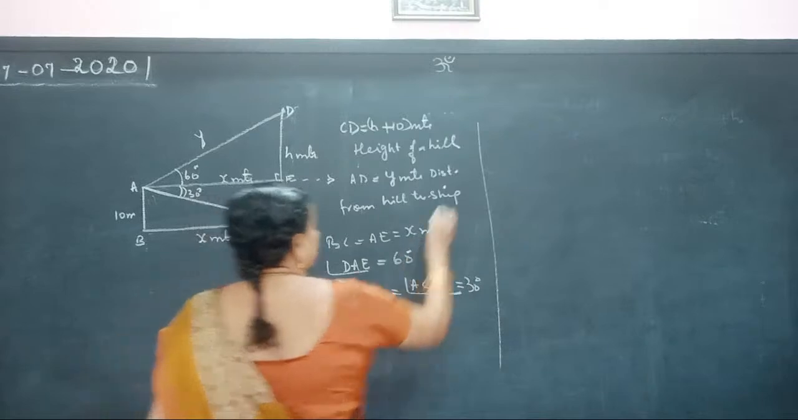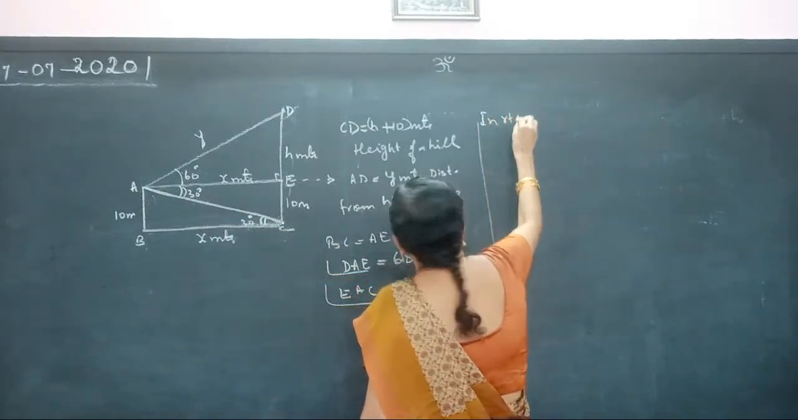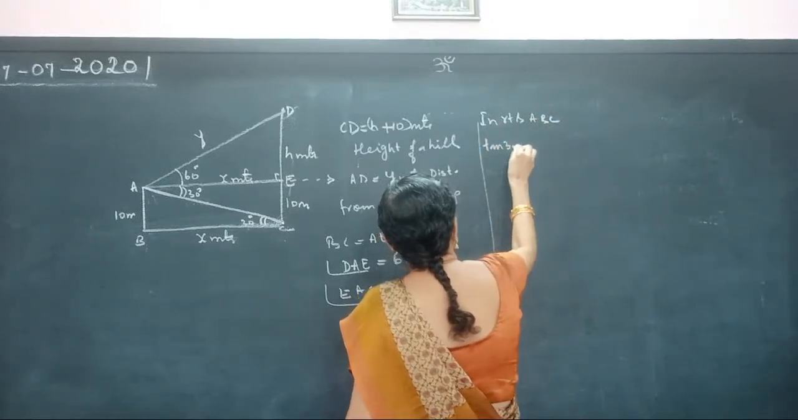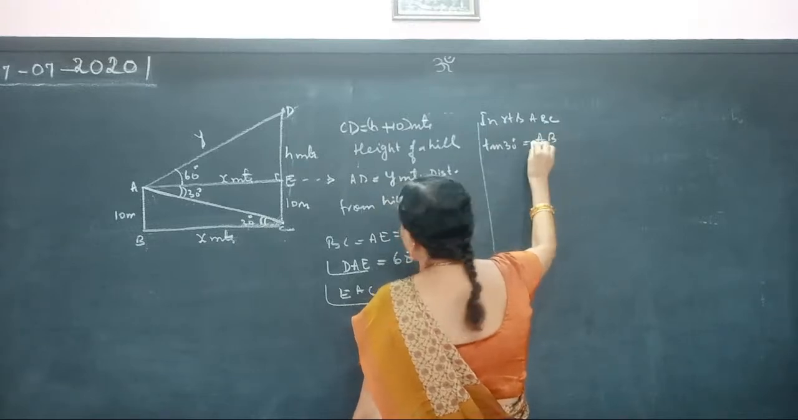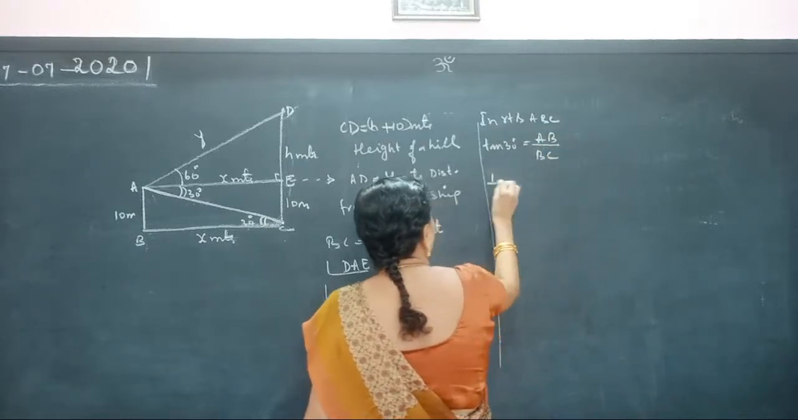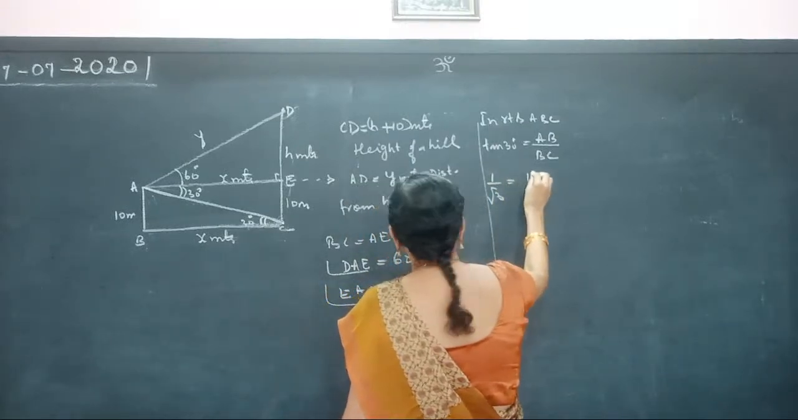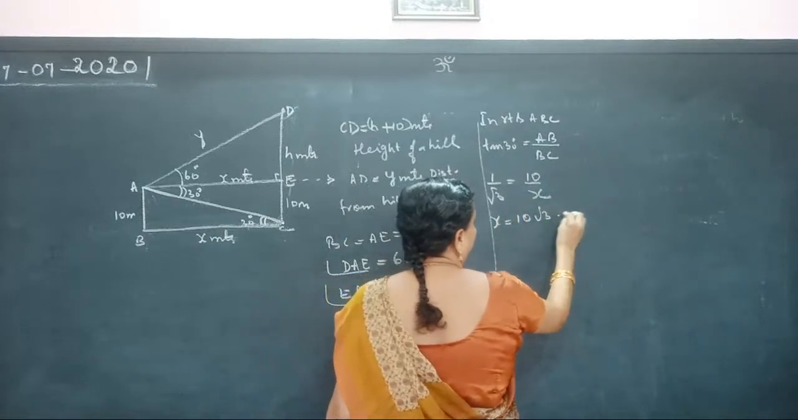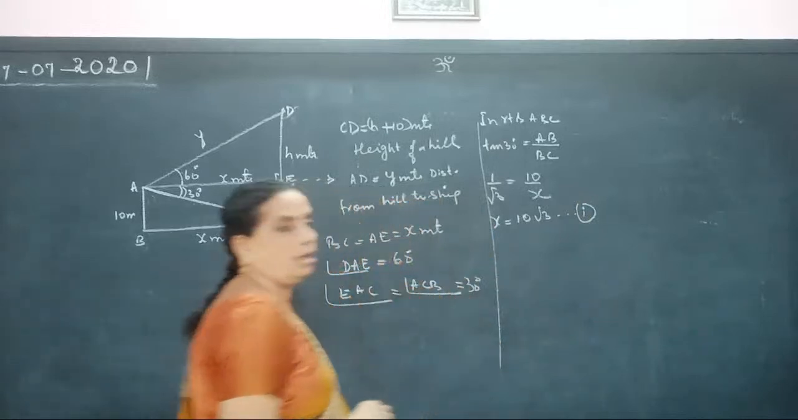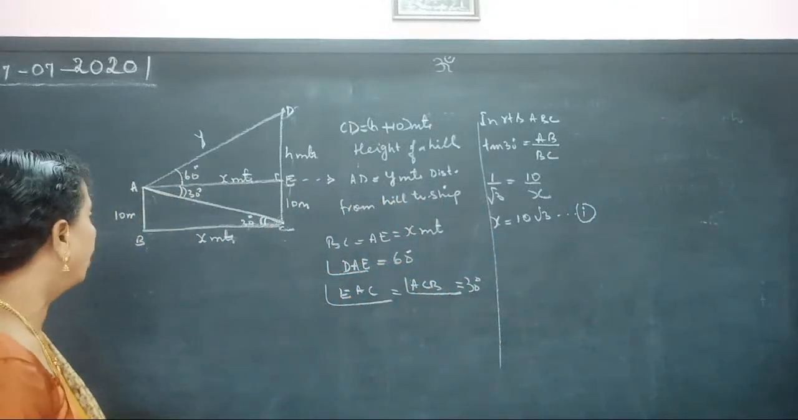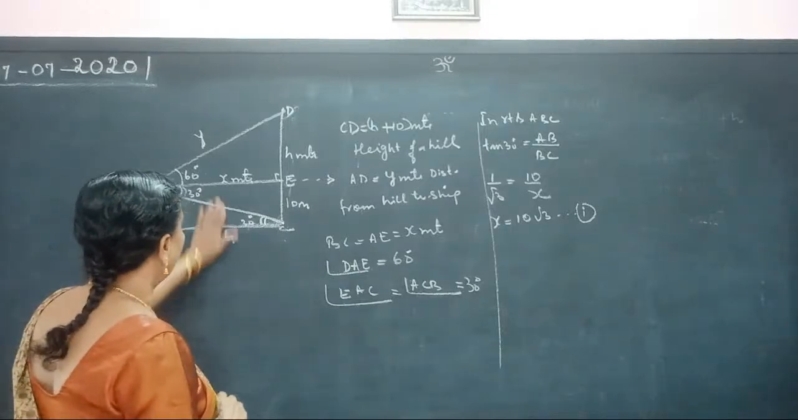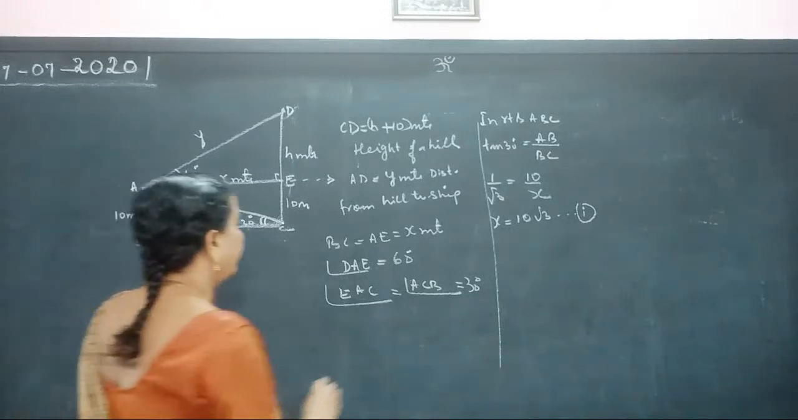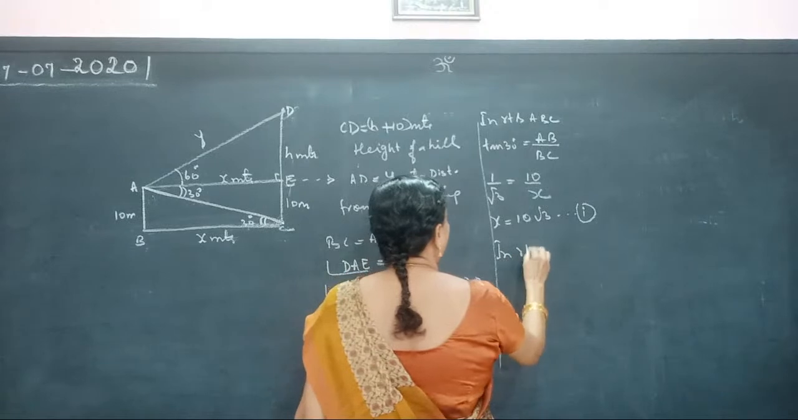One right triangle is in right triangle ABC, tan 30 degree equals opposite side by adjacent side, 1 by root 3 equals 10 by x, x equals 10 root 3. Okay, from the base triangle we got x value, same x value we can utilize because they are the opposite sides of the rectangle. Then again, in right triangle